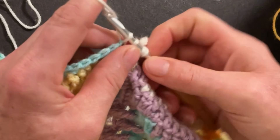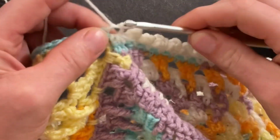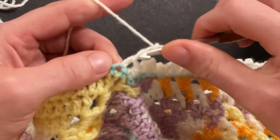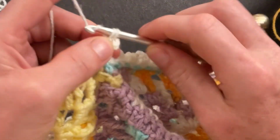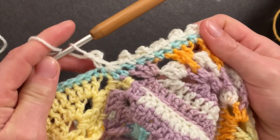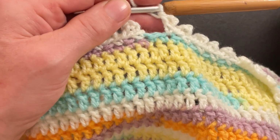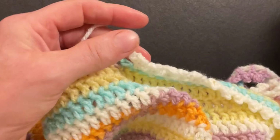We have 4 loops. Pull through 4 loops and then restart your pattern with the first single that we made into the first double. Make the single crochet, 3 chain, single crochet picot, and skip 1 and repeat the pattern. Let's finish the last round. We have 1 single to skip, and we can cut our yarn, pull it out of the last single crochet